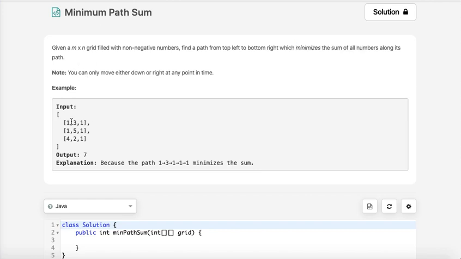What this means is you are given a grid and you have to move from top left to bottom right, and minimize the sum of all the numbers along its path. So if you are considering the sum, like if I'm going here, here, then here, here, here. I went from 1 to 3. So this 1 has a cost of 1, and 3, here again 3.